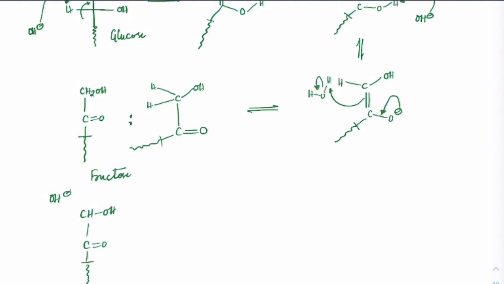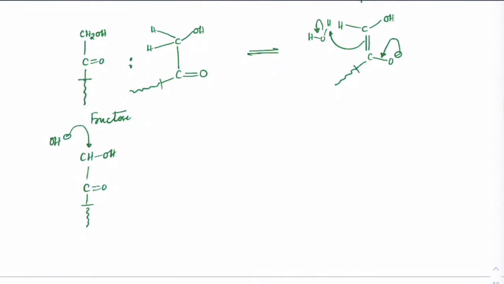OH minus could have extracted a proton from here, or in the tail, if there is one more hydrogen here this way. So OH minus can extract the proton from here as well. Got it? Now when it makes a double bond, if you check out, it can make a double bond here with CH. So it could make this as a C double bond C with O minus and a tail.